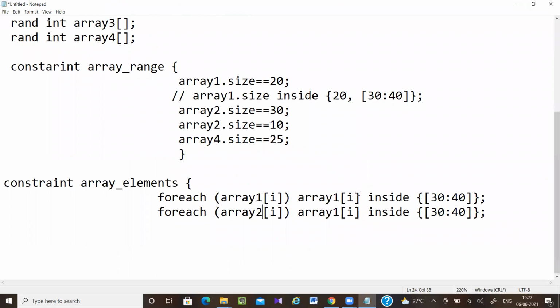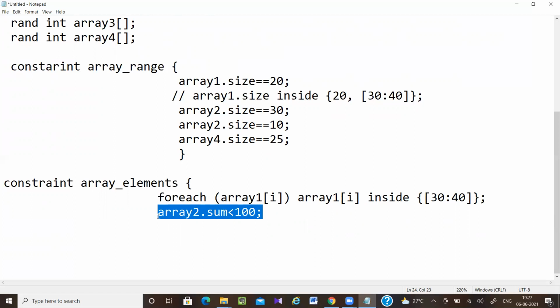So a foreach is not required, simply array 2 dot sum should be less than 100. Now array 3 dot sum greater than 100.